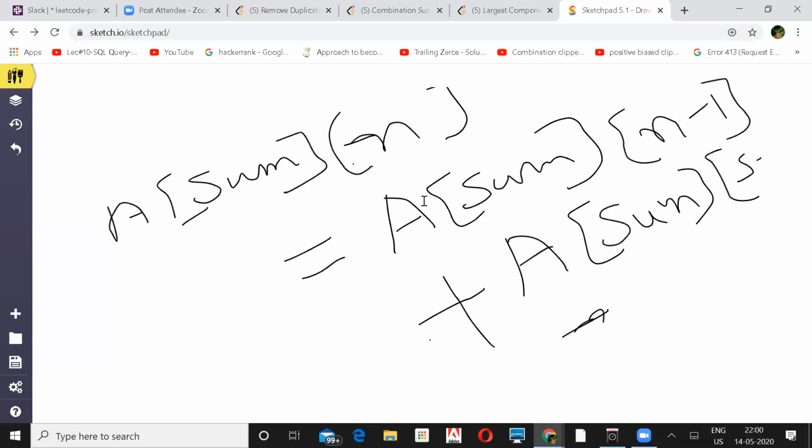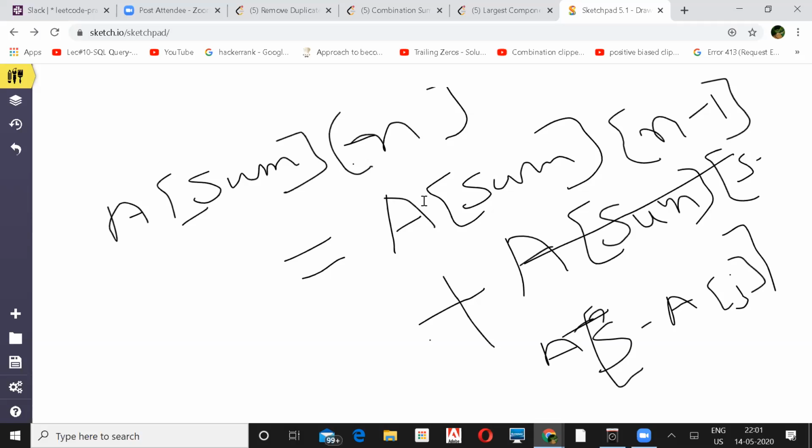No, this is the sum, sum minus aj, in the first dimension. Yes, the first dimension is sum minus aj. And this is n itself.